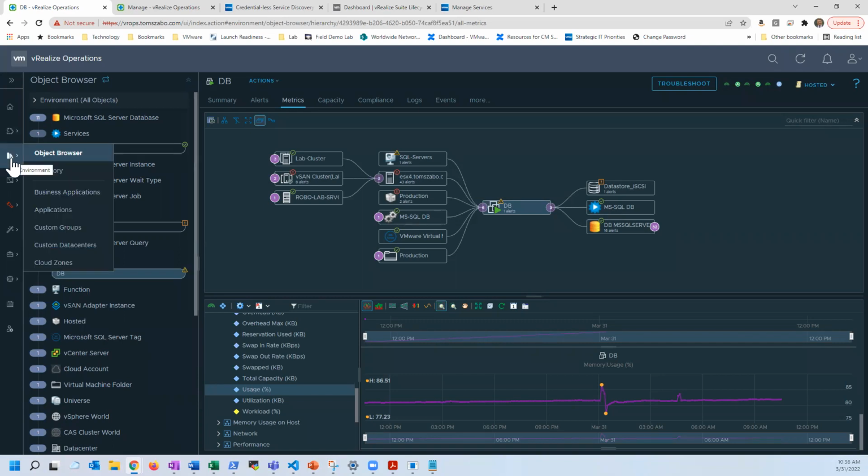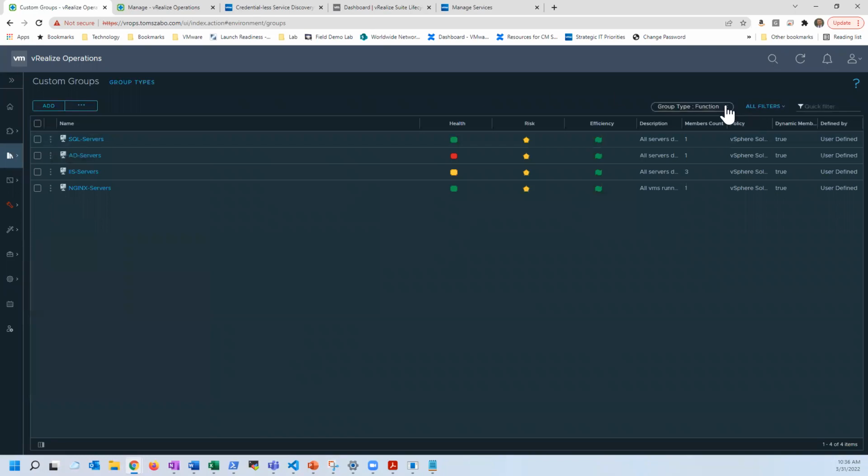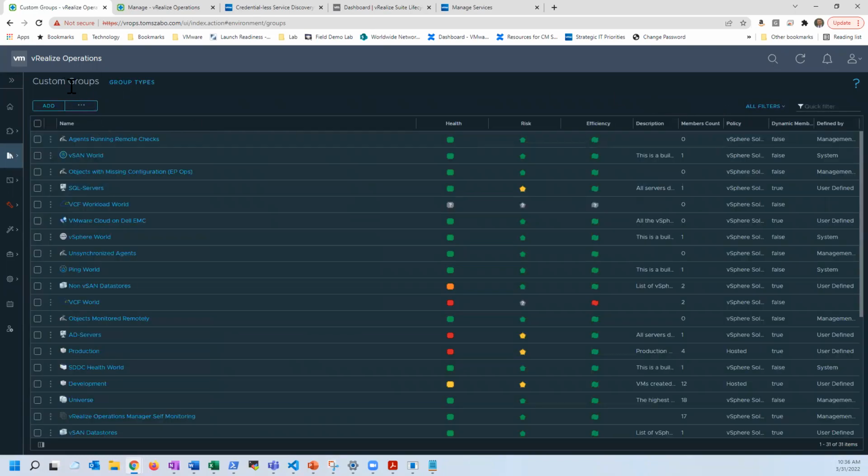One of the things that I really like about vRealize Operations is being able to create custom groups that group your virtual machines, your workloads, by specific criteria. It could be a vSphere tag, a virtual machine folder, the name of a VM, or any number of different things. So in my environment, one of the things that I've done